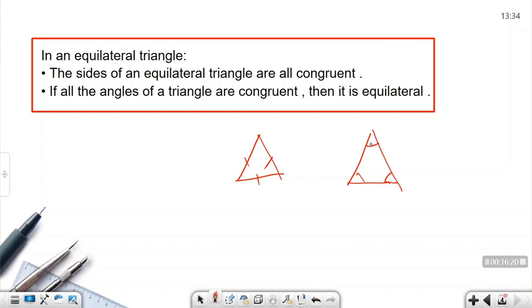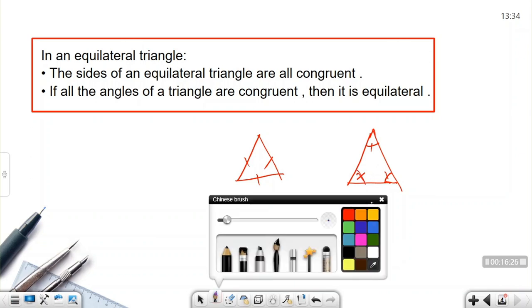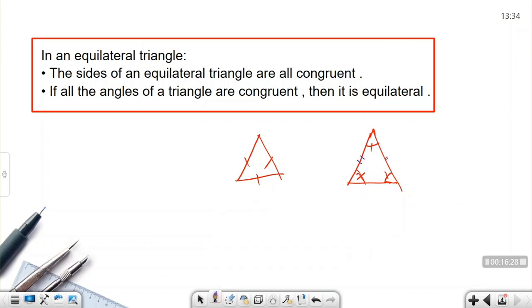If the 3 angles are congruent, if this is given, these are all the same, so we can call this triangle an equilateral triangle. So that side is congruent with that one and it's congruent with that one. This is the first. And don't forget here, if we have an equilateral triangle,